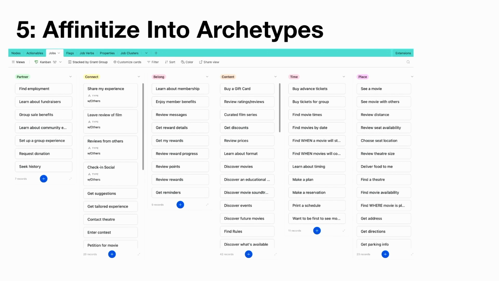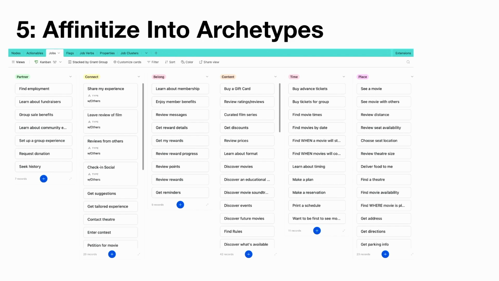Yeah, and there are many good ways to do this, but if we're already working in Airtable, you can switch to the Kanban view and start dragging things around, putting sames with sames, and start to see how this shapes up.